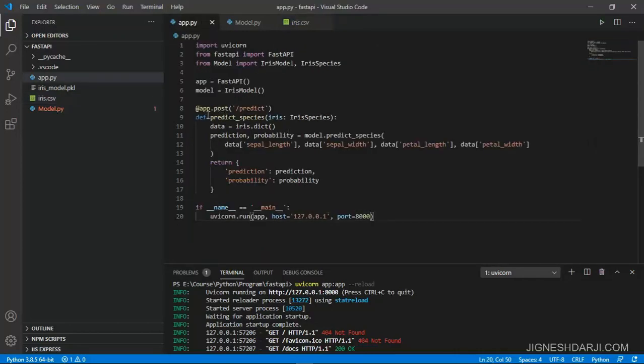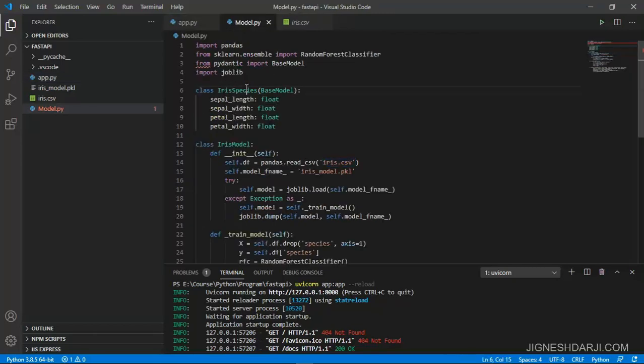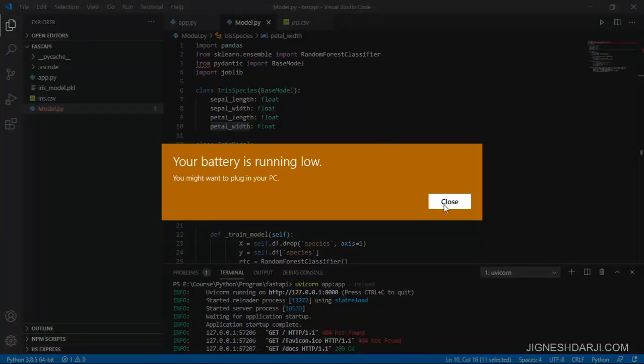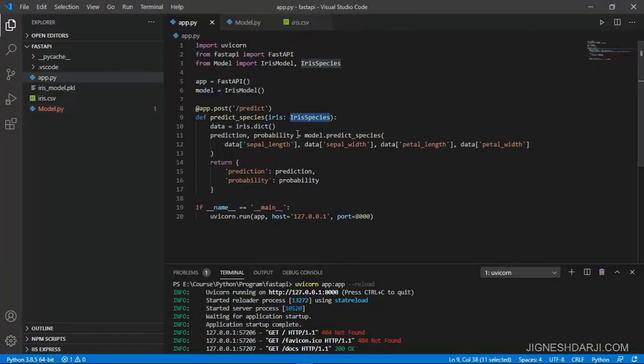Inside this predict POST API we need to pass the IrisSpecies data that includes four parameters, that is sepal length, sepal width, petal length and petal width. So we need to pass that as the request body for the predict POST API.